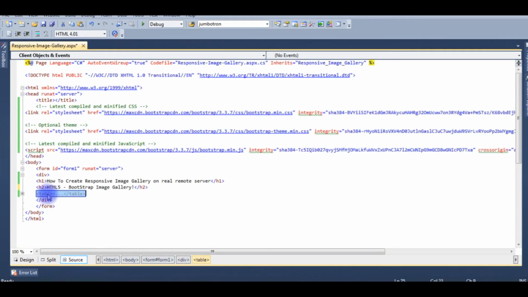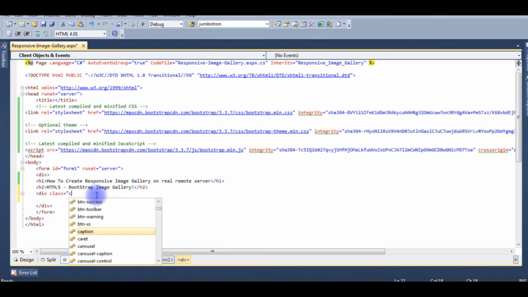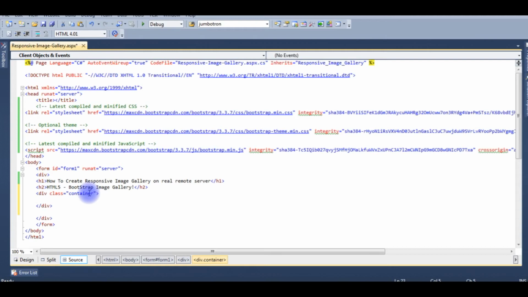Just delete the table control. The first important thing is, whenever we create an image gallery, we need to first add the class called container. Div class, container class. And now the container class assumes the web page contains 12 columns.